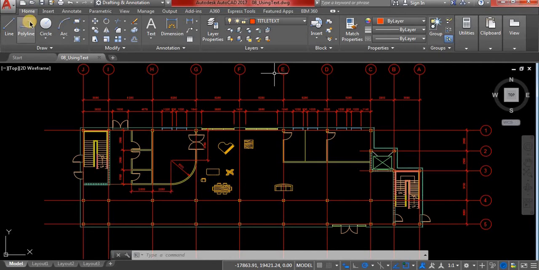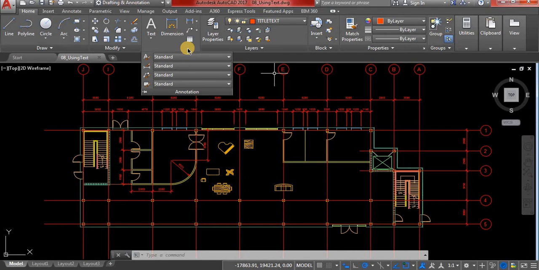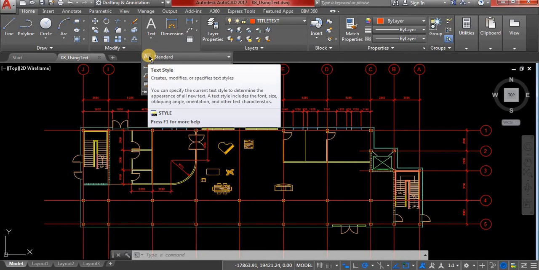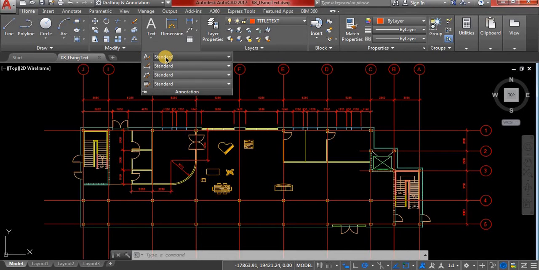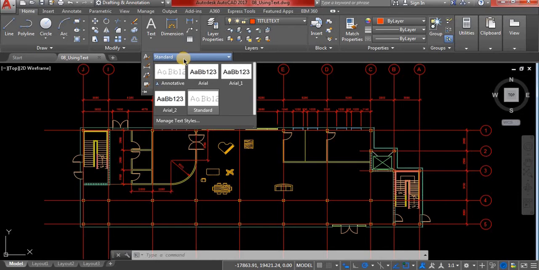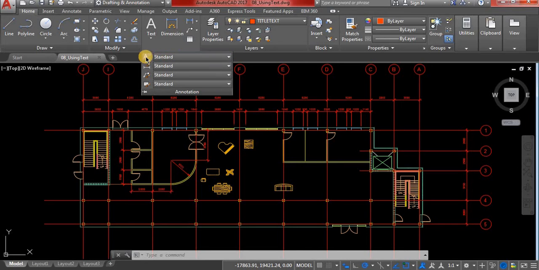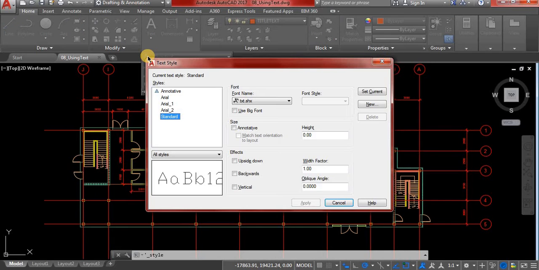We can go in the Home tab in the ribbon. We can see in this part, Annotation. If we click in there, a list of things come up. The Text Style icon creates, modifies, or specifies text styles. If you click on this one, you will get the styles that are available. If not, if you press on this icon right here, this window will pop up